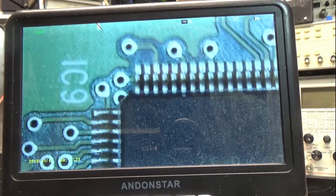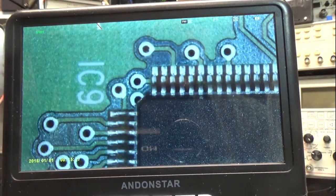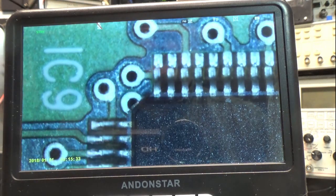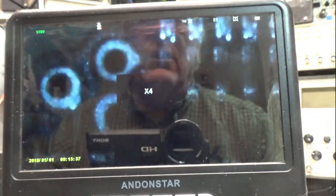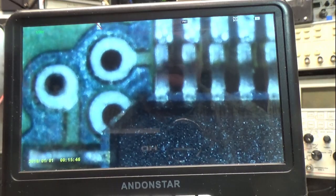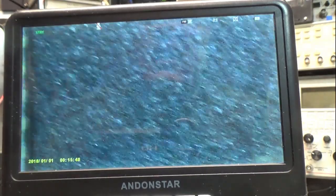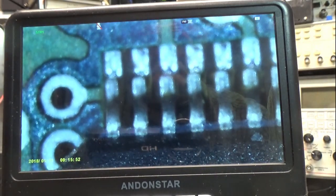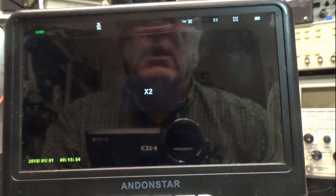This one doesn't do that. Let's try to get this centered as much as we can. We'll hit the magnification up button. There's ×2, and it's still right there in the center. And there's ×4. It's still right in the center. That's great. I don't have to chase things around the board. So let us see how good it really is. We'll take the magnification back down to normal